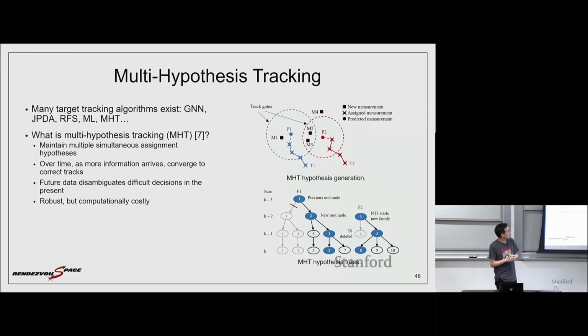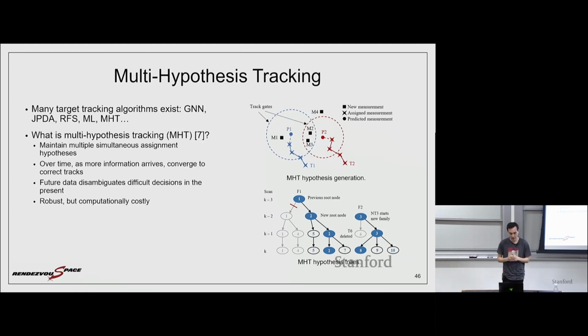And basically the idea is that, over time, as you get more information about your track's motion, you can make better decisions about which track is actually correct, and use that future data to disambiguate difficult choices in the present. So this is a provably robust approach in the sense it's been deployed in the real world. It's pretty common. The issue is that the computational cost scales very poorly. So if you have a lot of measurements in close proximity, if you have a lot of targets, as in the bottom right, you get this really rapidly growing tree of different track possibilities, and that's hard to deal with,